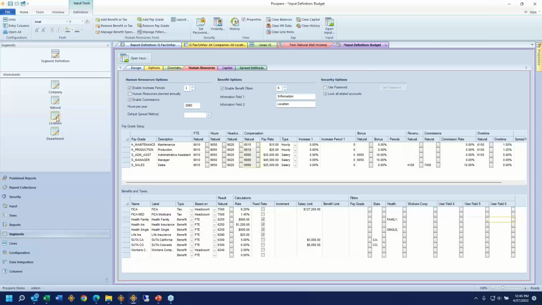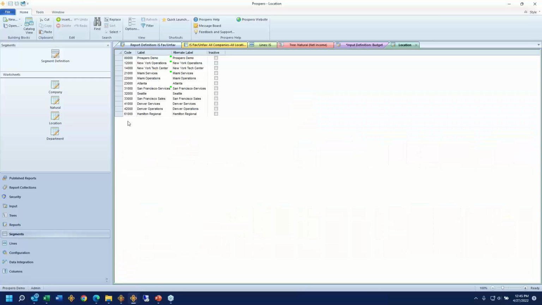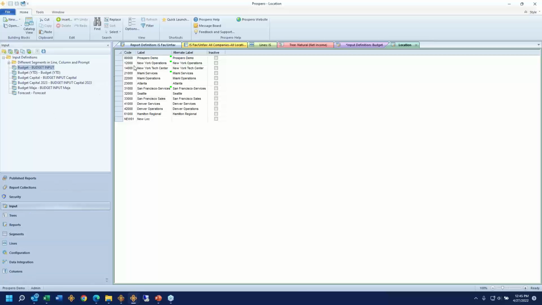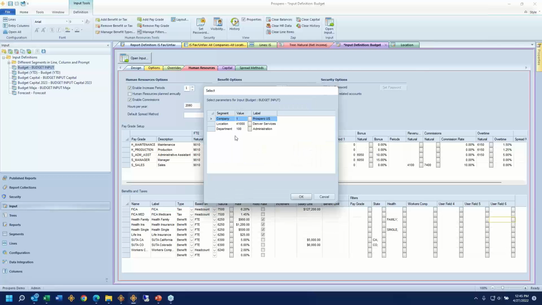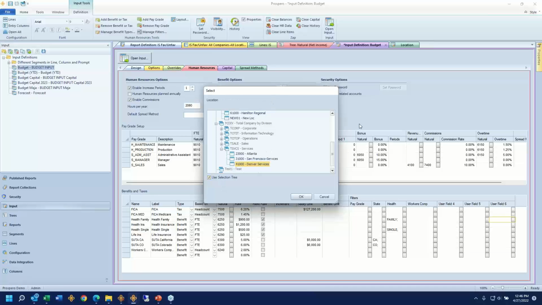Now, continuing with my earlier example, I'm in a growth phase. I want to budget a new location. So I'm just going to call it something like new 01 for the name. I'm just going to save this. And I'm going to now open up the same budget screen. And this time, when I open up the input, look at the location. Instead of me budgeting Denver, as we saw earlier when I was logged in as a CFO,